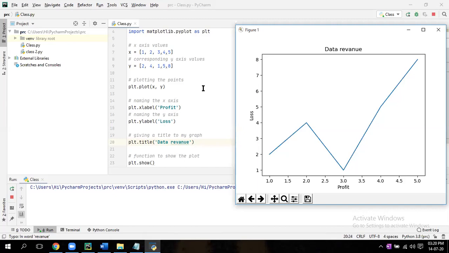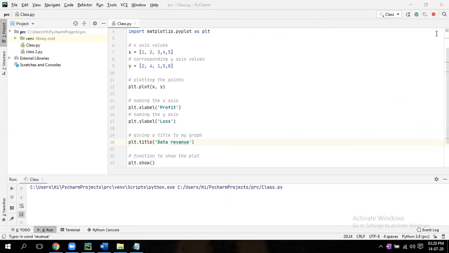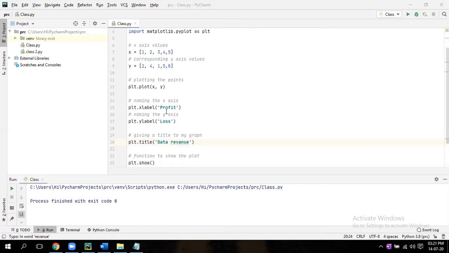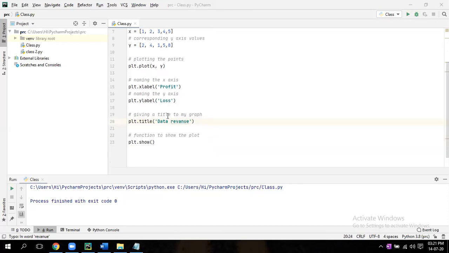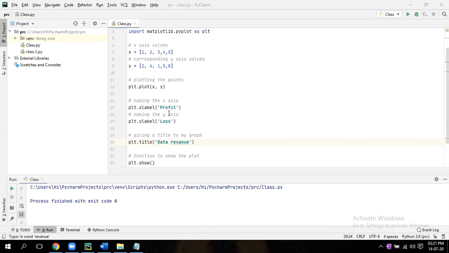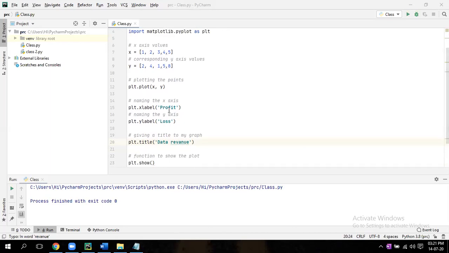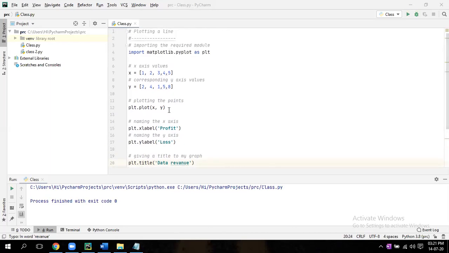Now go to the next one. It's very simple. First thing is you have to import matplotlib. Second thing is take the x-axis and y-axis, then plot. If you want to see the label, give it. If you don't give it, it won't come. Title, if you want to give it. If you don't give it, also no problem. But plot dot show is needed to show the graph. Here also there is no logic, just put the values and get the answer.